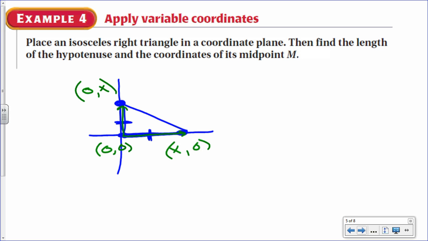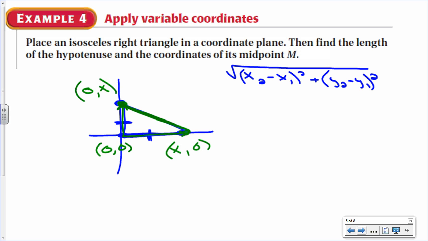Okay, so let's talk about the next thing they want. Then find the length of the hypotenuse. The hypotenuse is right here. And length means I want to find distance. So I'll use the distance formula to do that. And hopefully I don't run out of room. The distance formula is (x2 minus x1) squared plus